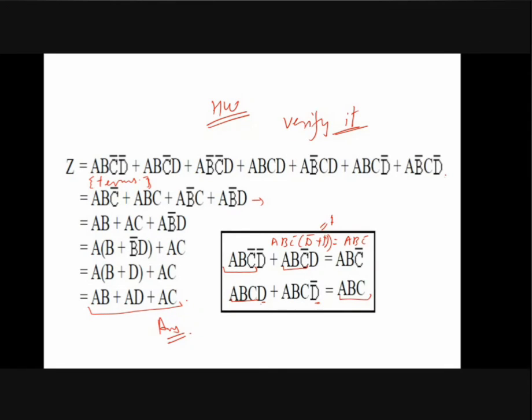Similarly, you have to arrange the different terms. If some term is missing, you can create that term, because we have the condition that A is equal to A plus A. This is our identity. So any term, if you want to use it twice, you can recreate that for combining two different equations.